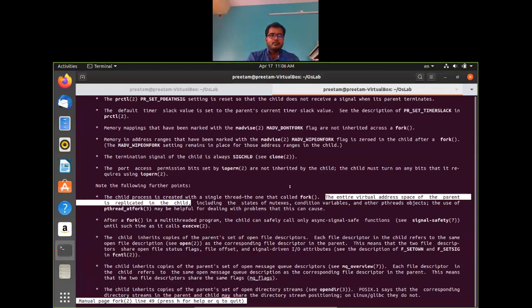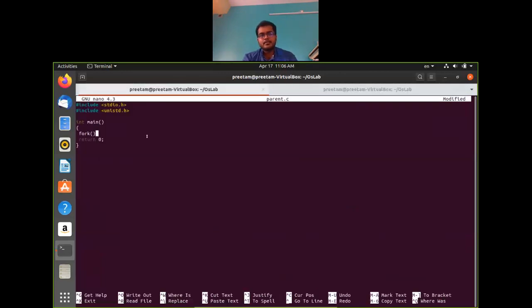Okay. So now coming back to our main tab where we are writing the program. So this is what fork does. Fork will create a duplicate of the parent process. So if we write this program,